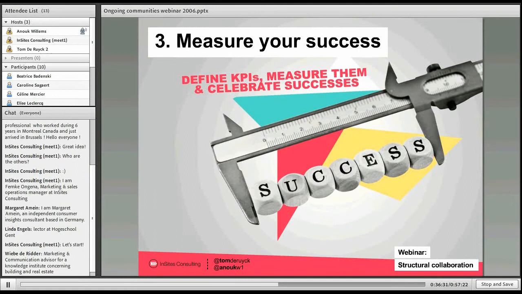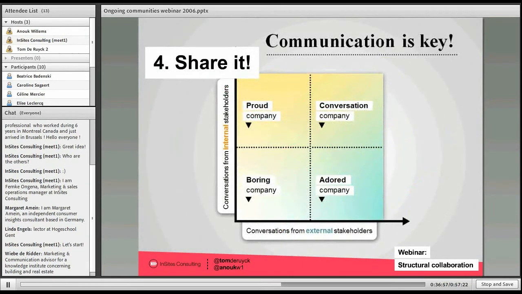Yeah, I think in order to understand what the KPIs need to be that we need to measure, we need to understand what kind of impact we can generate both internally and externally with a research community. Of course, internally it's all about making sure that what we learn from the community is actually used, that the research has an impact on the decisions that are made, on the products that are produced, and on the communication campaigns that go out.